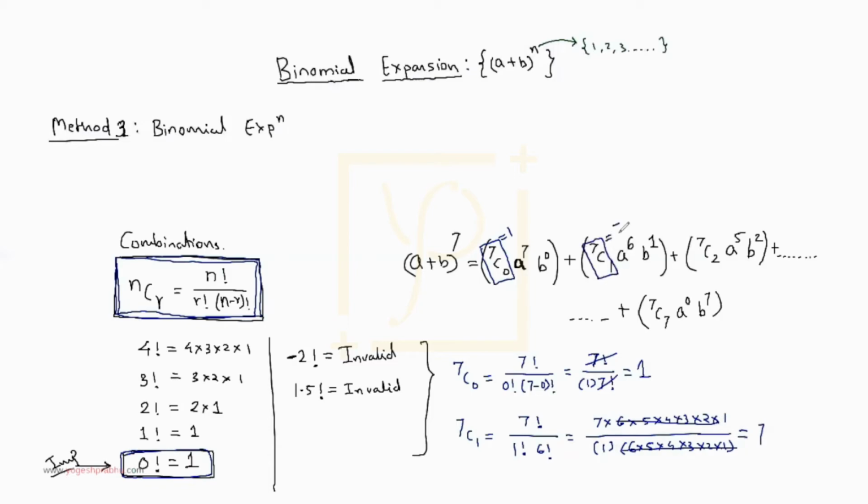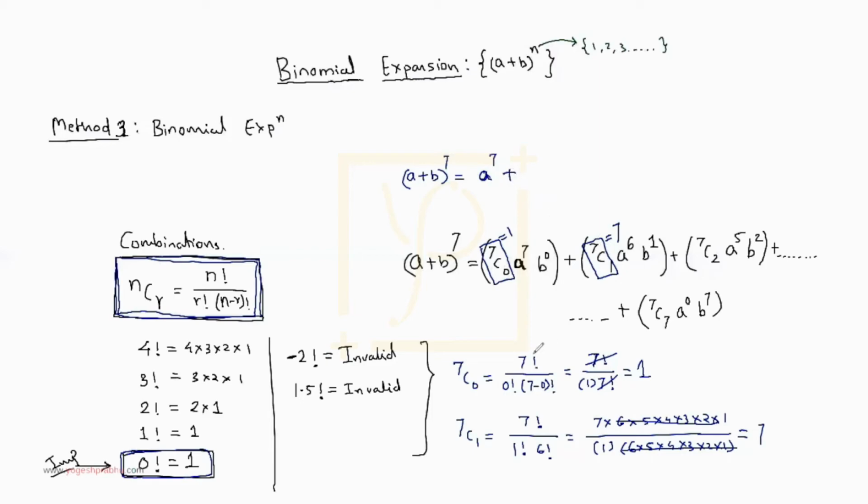7C1 is 7. So now with all these values, can we write down the final expression of (a+b) raised to 7? Let me write down the final answer for this. If you want to find out (a+b) raised to 7, this will become 7C0, the first term. I'm writing down this term. 7C0 is 1. a raised to 7, b raised to 0 is also 1. So you'll have only a raised to 7 as the first term, plus,